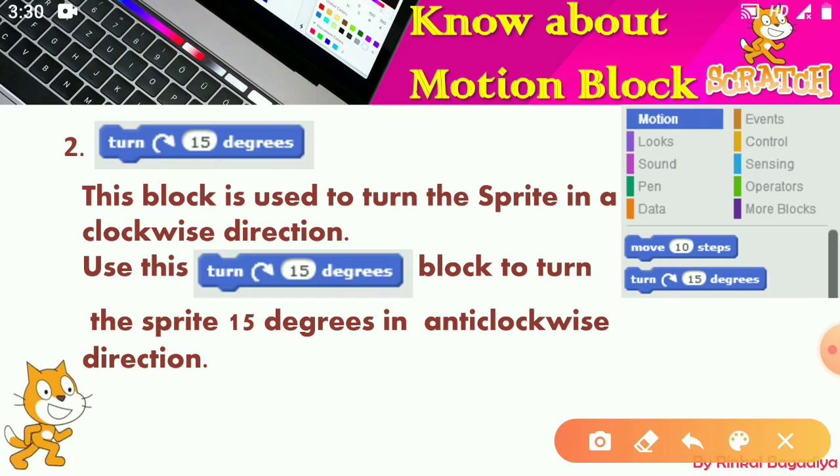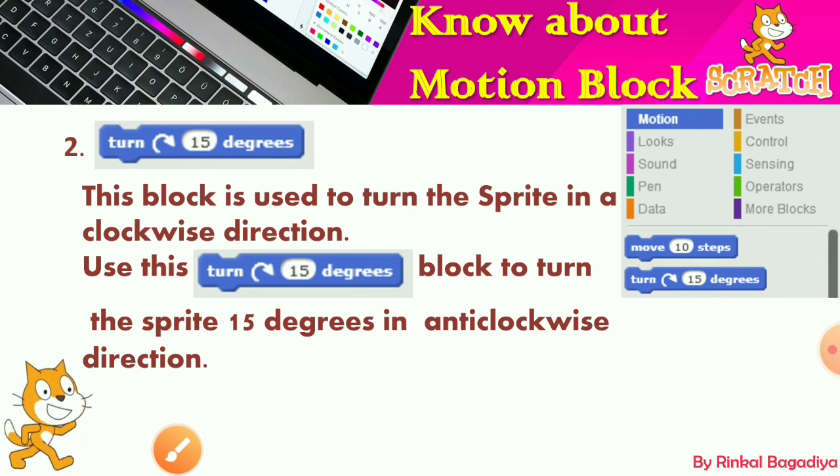Here you can change this number of degrees. This is the angle. Here 15 is written, so it will take a turn at a 15-degree angle. If you write 50 here, then it will take a 50-degree turn, and if you write 90 then it will take a 90-degree angle turn, either left or right as you wish. So this way we can turn our sprite on the screen. So this is all the theory about moving a sprite. Now let's see practically how we can move a sprite on the stage.